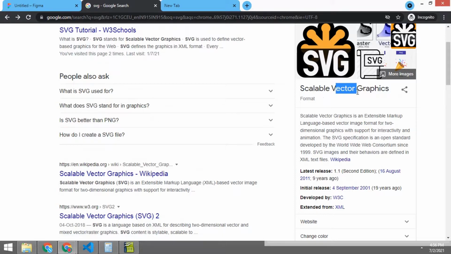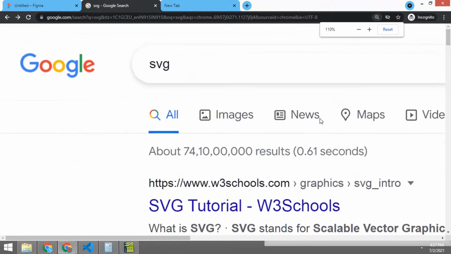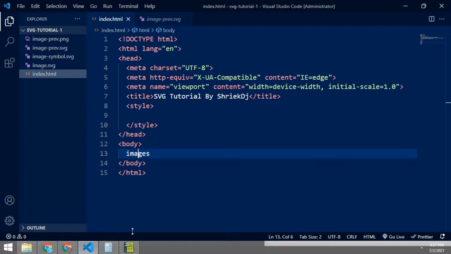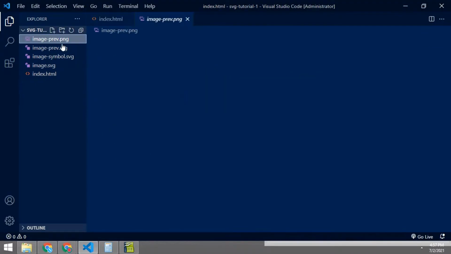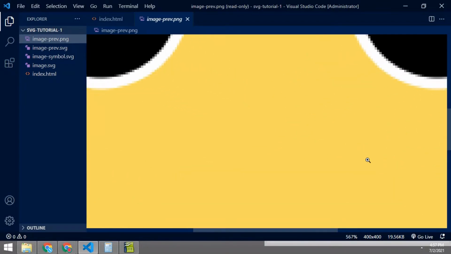Scalable means its size can be changed as per we want. Vector graphics is something very terrible to understand directly now, but we can just understand it is an image which does not become blurry when we zoom in, like this PNG image of a smiley.